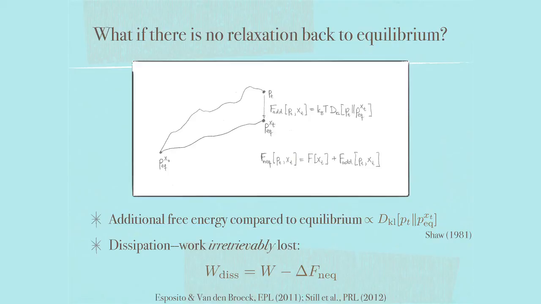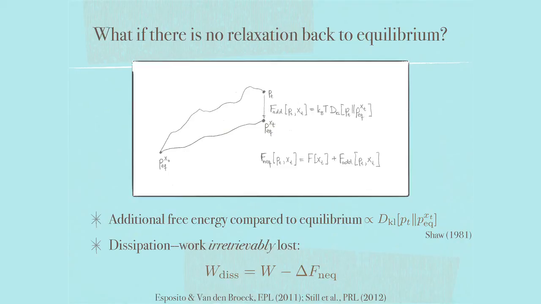So we then say that dissipation must be the work irretrievably lost. So dissipation is not the work you lose after you push the system away from equilibrium and then wait until it relaxes back to equilibrium, and then you harness the work, right? Which is the classical picture. You can do better. Maybe you can't because you don't know anything about the system state, but in theory you could do better. But work that's really irretrievably lost is the work you've put in minus the non-equilibrium free